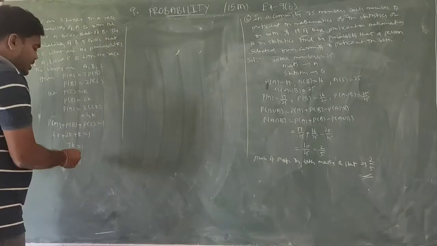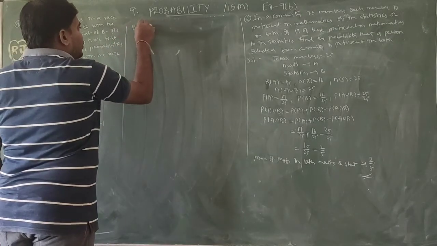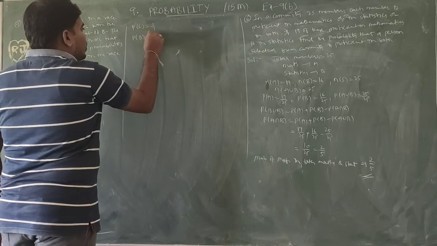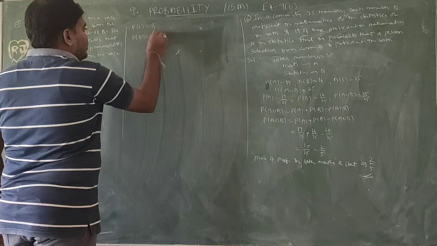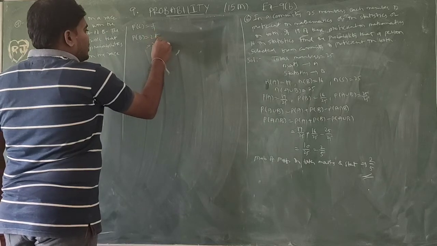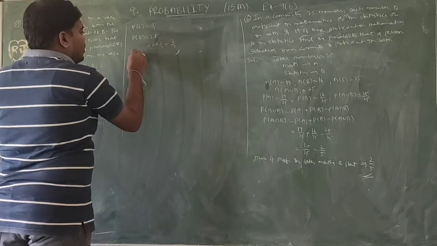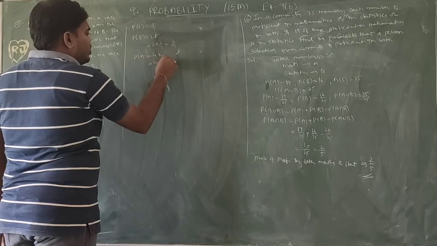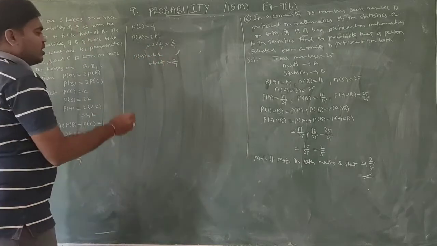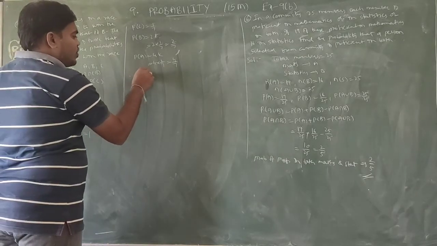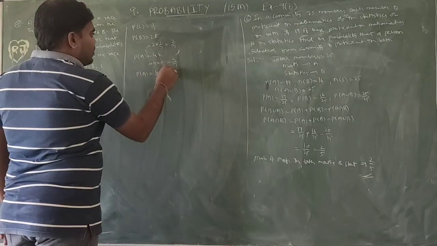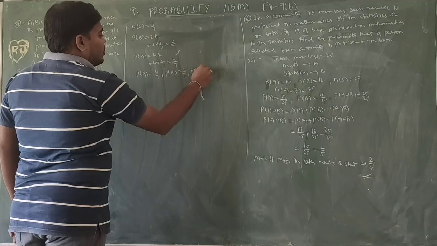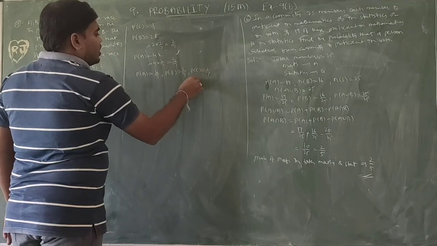So P of C equal to K equal to 1 by 7. P of B equal to 2K, 2 into 1 by 7 equal to 2 by 7. P of A equal to 4K, 4 into 1 by 7 equal to 4 by 7. Therefore, P of A equal to 4 by 7, P of B equal to 2 by 7, P of C equal to 1 by 7. So these are the